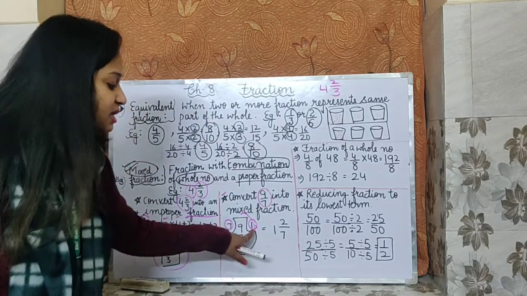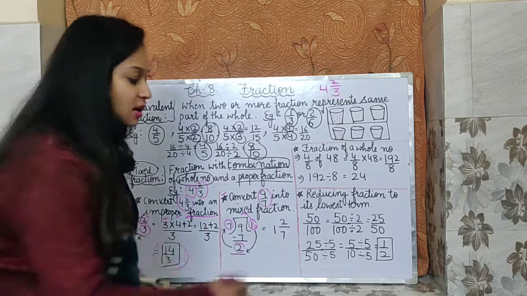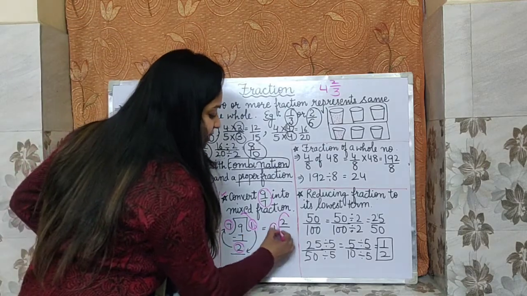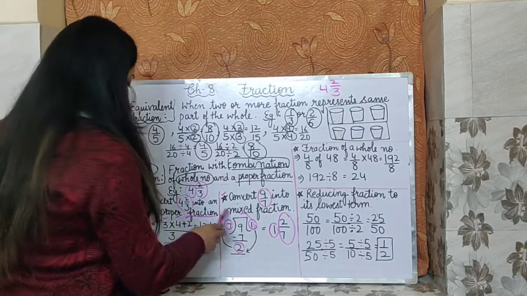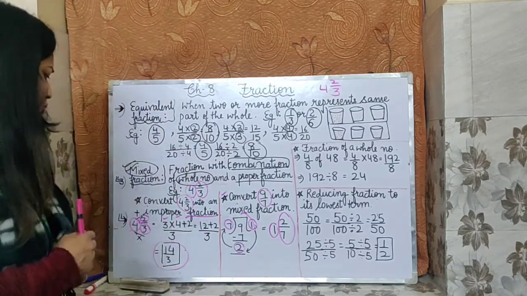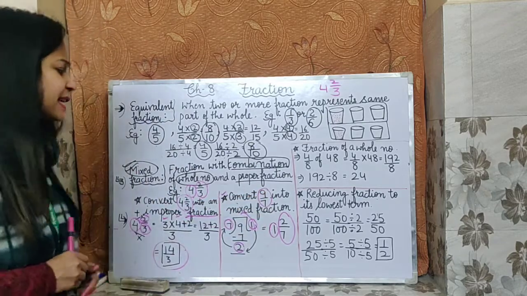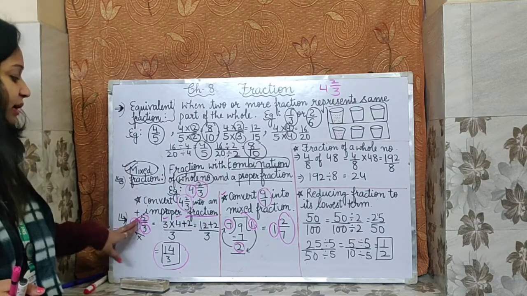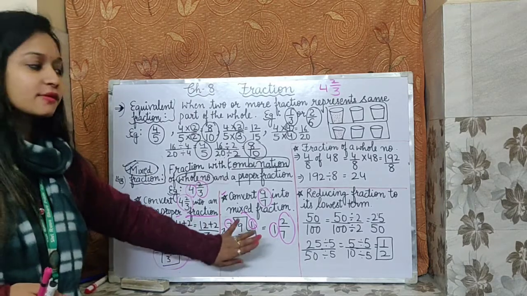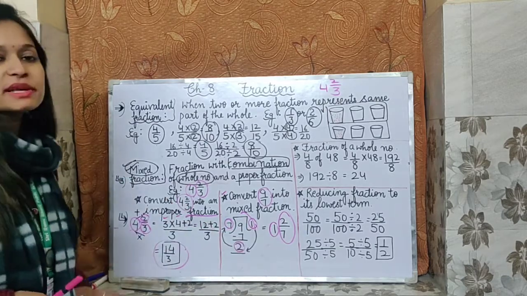So मेरी mixed fraction यहाँ पे क्या बनी? 1 2 by 7. 1 is a whole number here and 2 by 7 is a proper fraction, right? So 1 2 by 7 is the mixed fraction of this number 9 by 7. Very easy to find. In this you may find it difficult because first you have to multiply, then you have to add. In this you have to simply divide and write all the 3 outside numbers into mixed fraction.